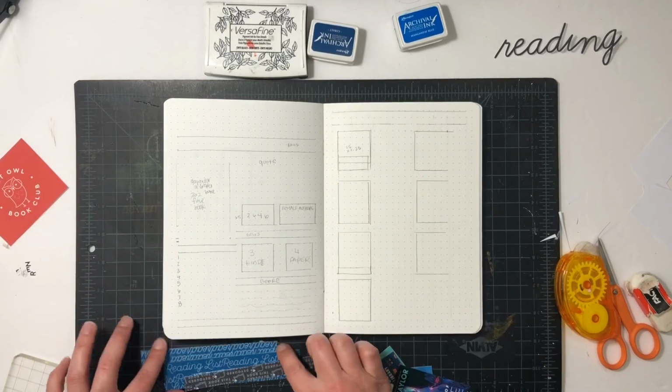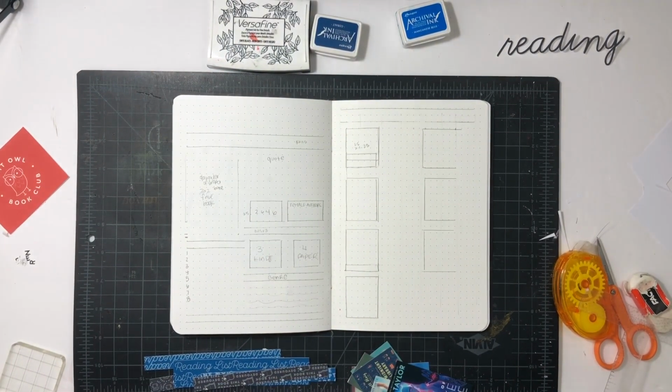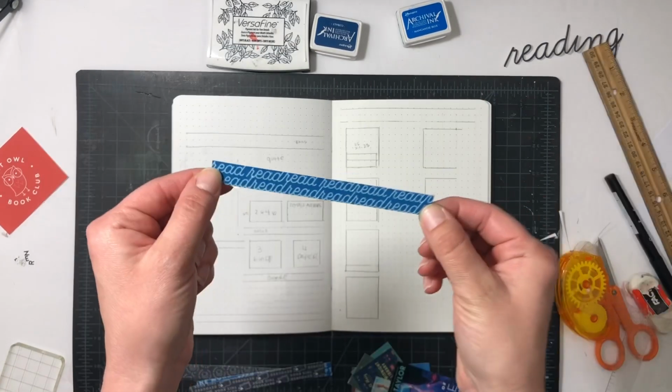Okay, so this page I got totally from Naomi. She's an amazing bookstagram influencer. She has an amazing book journal. You can see it. I'll leave a link. And it was basically all these awesome stats for your books. And it was just a great way to organize the month, and I just love it. Like I told her when I showed her when I was finished, why reinvent the wheel? So I just copied her ideas and used the same type of format to make a plan to document my